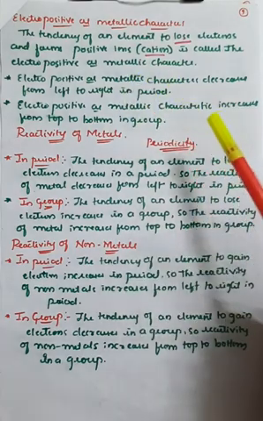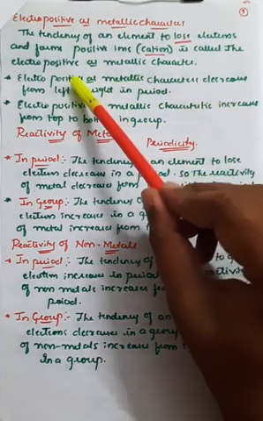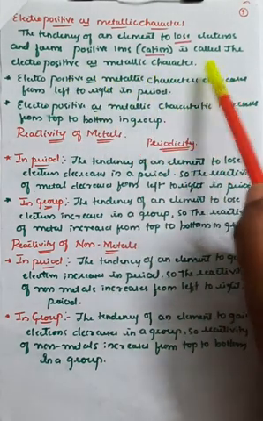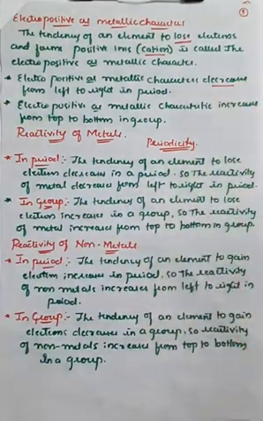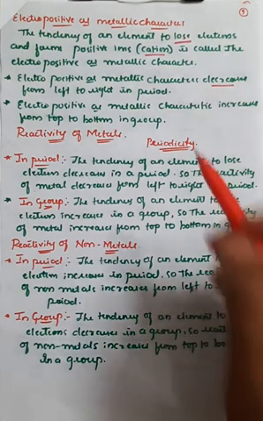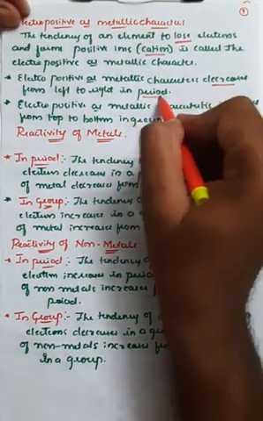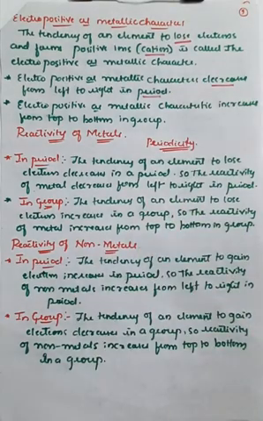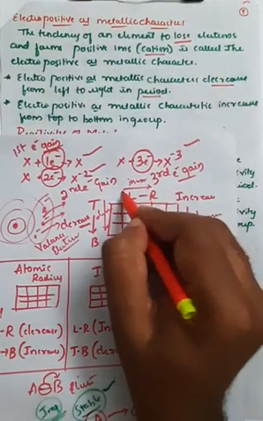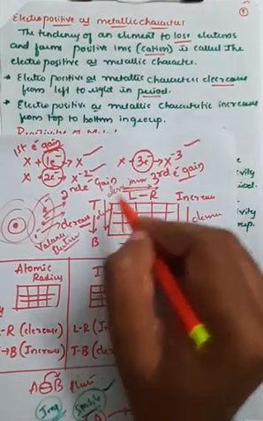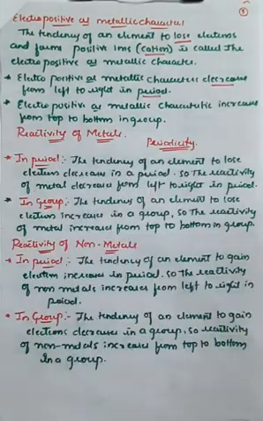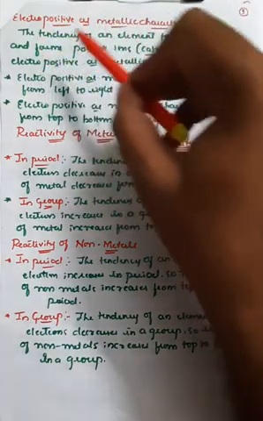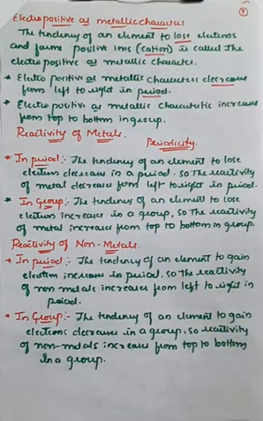Whenever you look at the trends in the periodic table, the electropositive or metallic character decreases from left to right in the periods. That is the reverse of the electronegative value. So in periods, if you go from left to right in the periodic table, the value goes on decreasing. If you go from top to bottom, the value goes on increasing in the periodic table. Remember, electropositive is exactly opposite to electronegative.